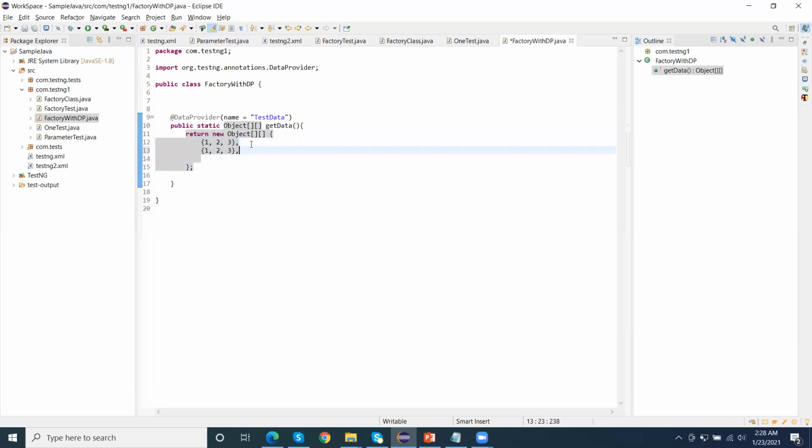I am also including the other set. Also, let me create username1, password1.